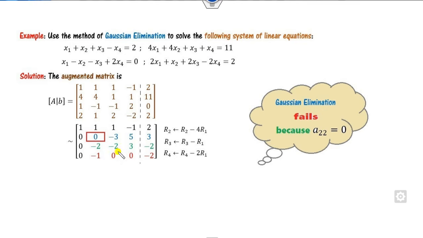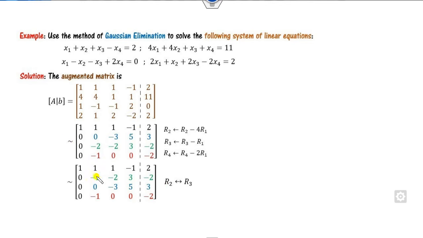For example, again come back to this, because the Gauss elimination method failed. Look at the maximum value among these below elements. What is the maximum value in magnitude? That is my -2. So I can interchange the second and the third row completely. You can see I can interchange. Then the rest of the process is similar.